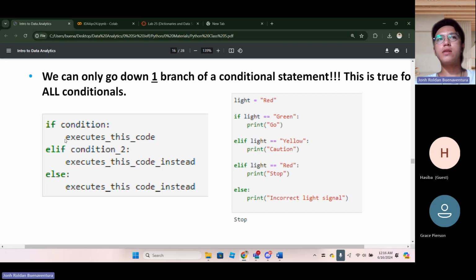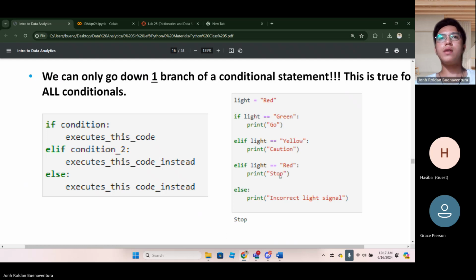If this is false, this part will be skipped, and then the elif condition will be tested. If that is true, this part will be executed. Otherwise, if both the if and the elif conditions fail, else is the last line of defense: if all of the conditions at the top are not met, this part will be executed.